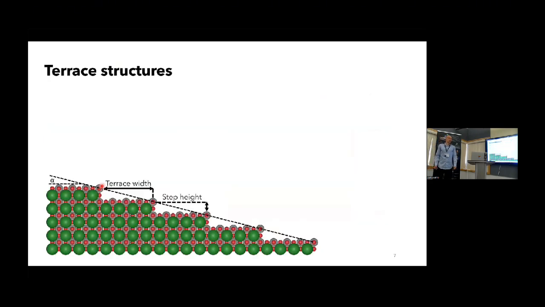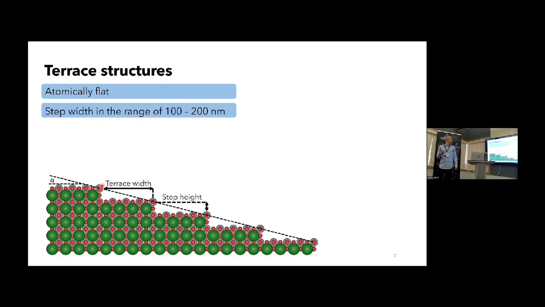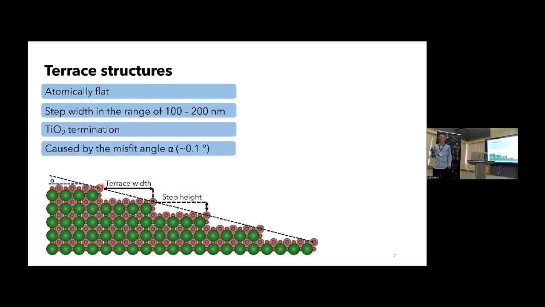All the surfaces I showed you are not actually plane surfaces, but terrace structures. Terrace structures, as the name says, are terraces. They have a certain width and a certain step height. All these terraces are on their own atomically flat. They are typically 100 to 200 nanometers wide. They are titanium dioxide terminated, and the reason why we have terrace structures and not a plain surface